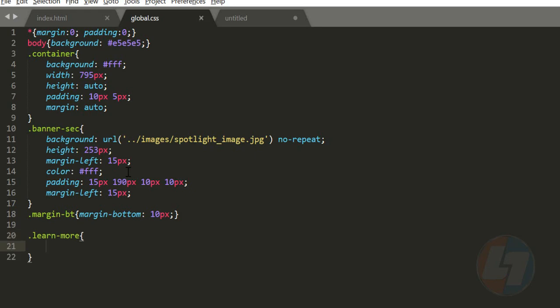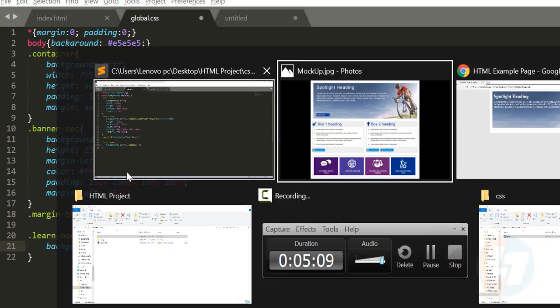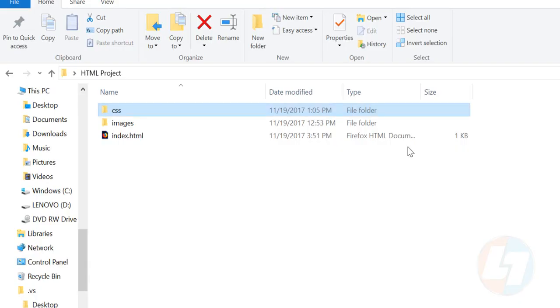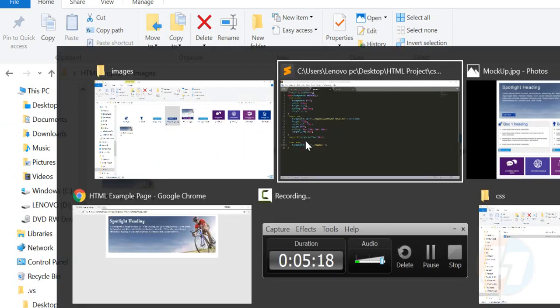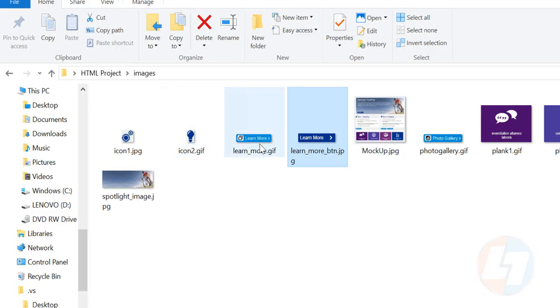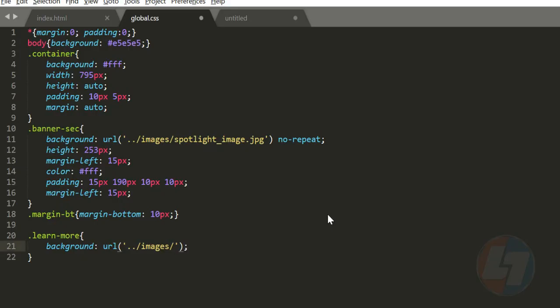Now what I need to do is add a background image in this particular learn more section, and I'll do that by going to the root of the folder and in the images section we need to include our learn more image here. So this is our learn more, the blue one. Alright, just copy the name of your button and paste it here, and put the extension,